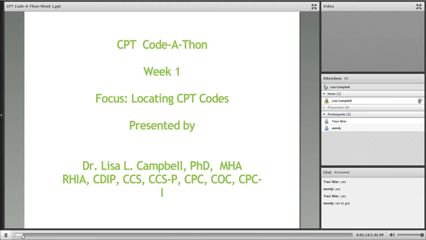And the big difference is that the professional edition has more color to it, and it has some references to different types of references that support the CPT coding system, which I'll talk about shortly. But the setup is the same,